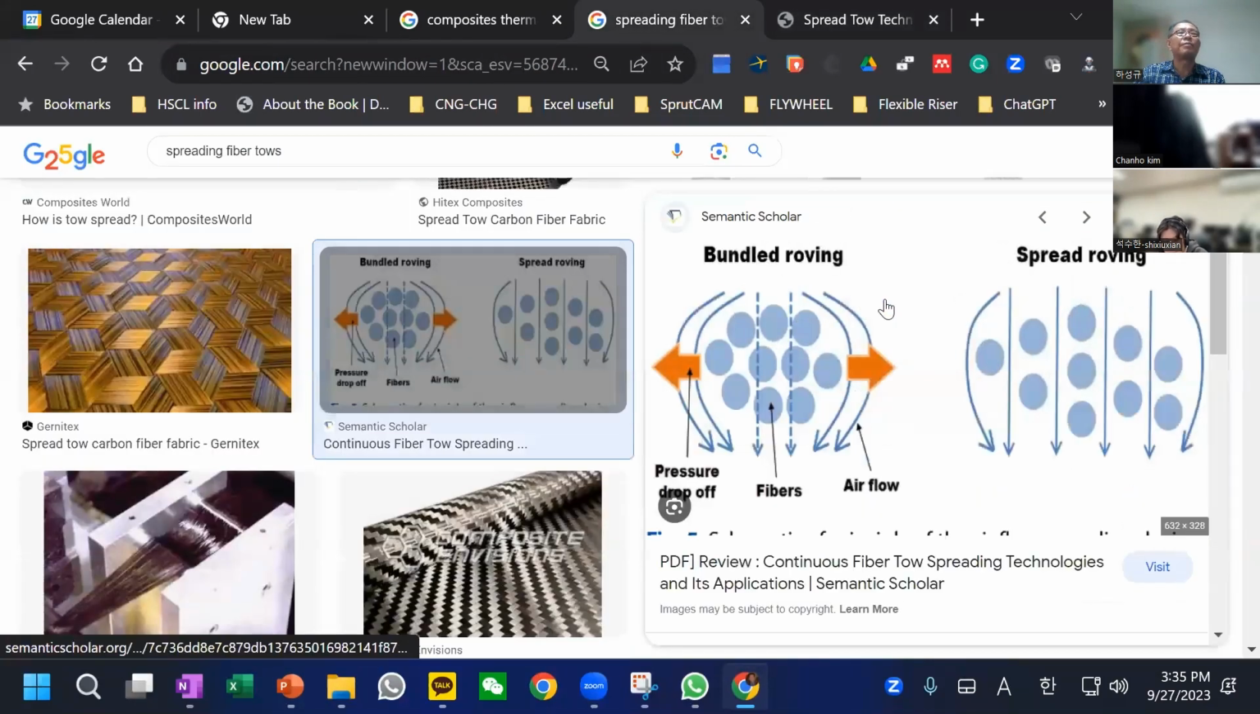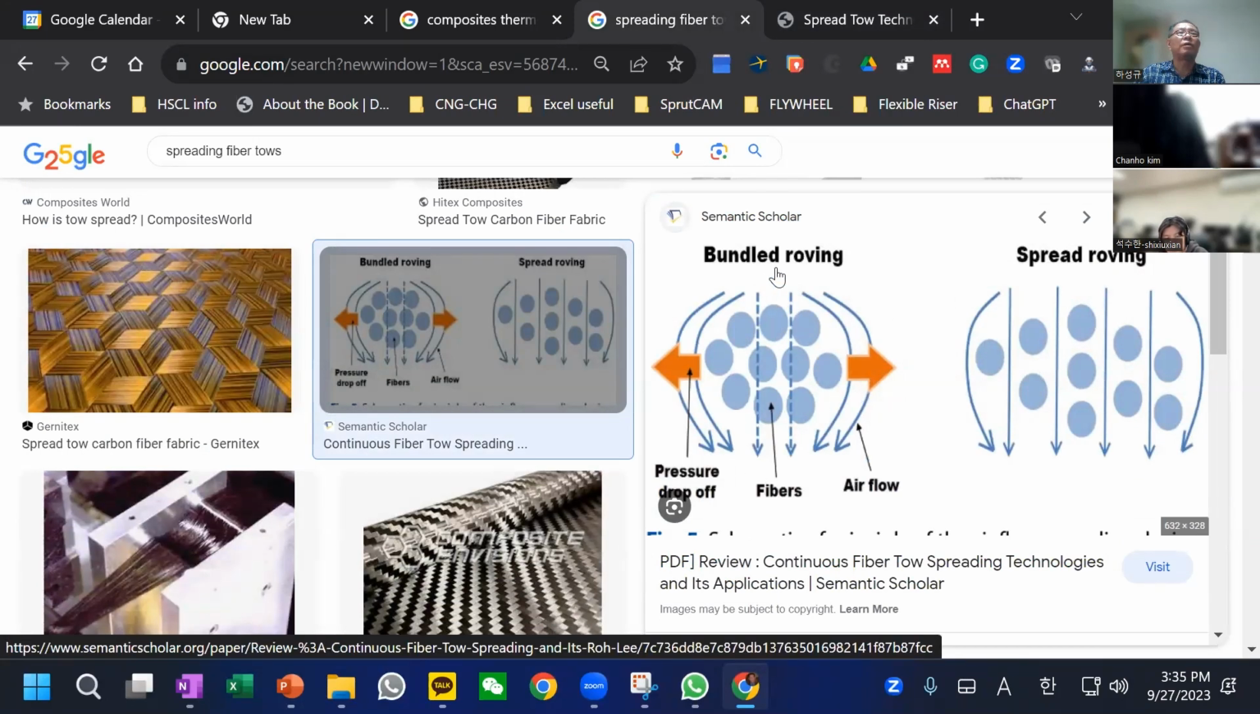As you can see, we have a bundle of the roving, or you can imagine the one toe. One toe means that we have 20,000, 10,000, I hope you visualize how many filaments we have. Now we would like to have the spread very much uniform. How do we do that? One way shown here is airflow. We have an air blow, and then it spreads very much